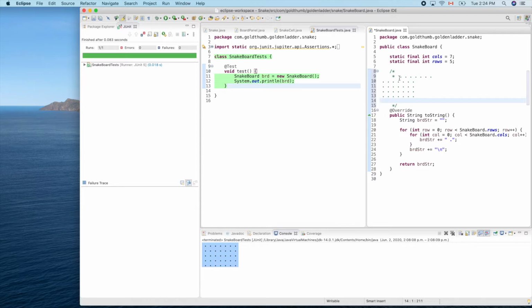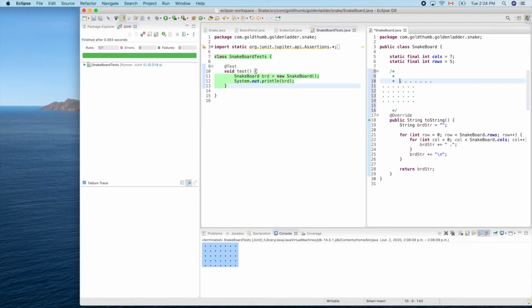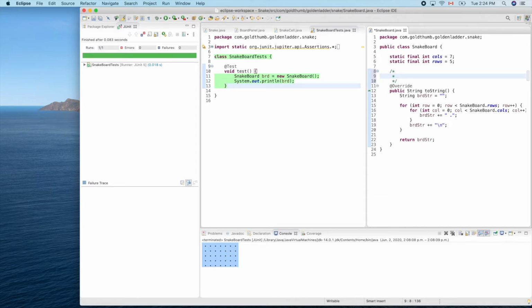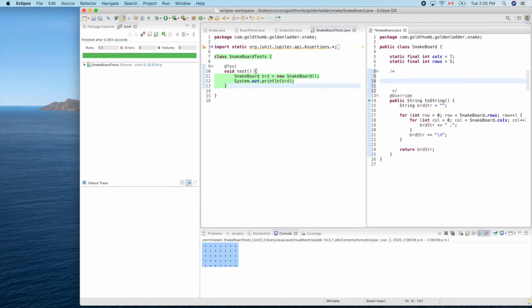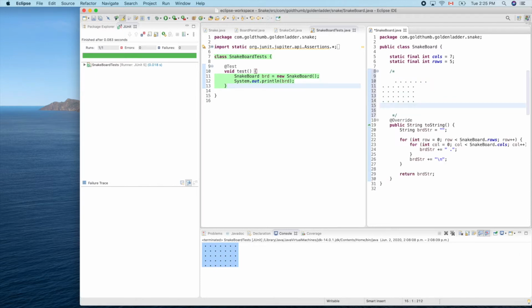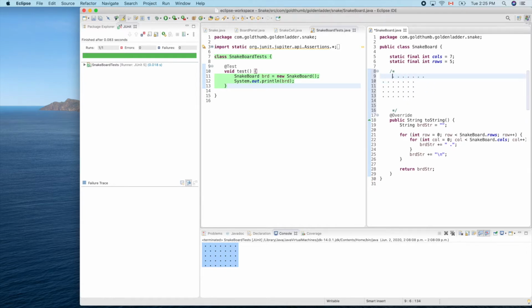So can I do that? No. Is there a good way to do that? Delete that. Can I do that? Okay, never mind. So what we want to do is